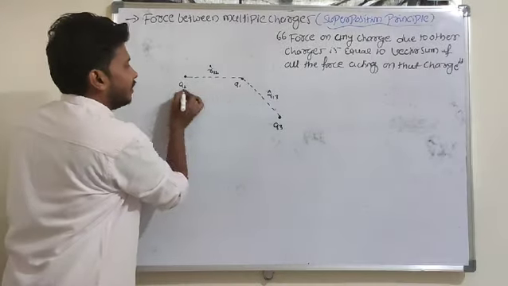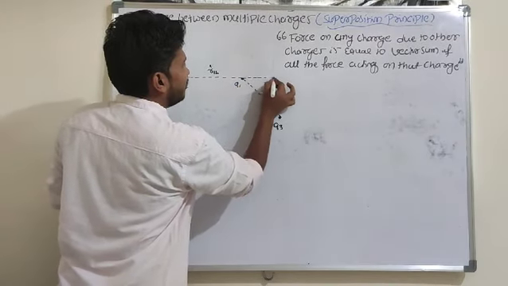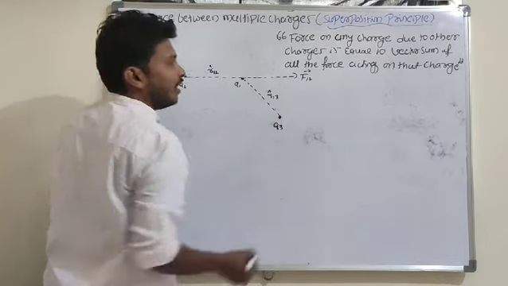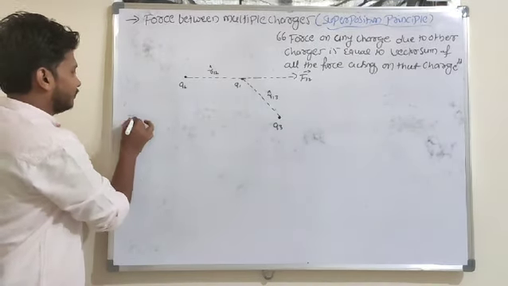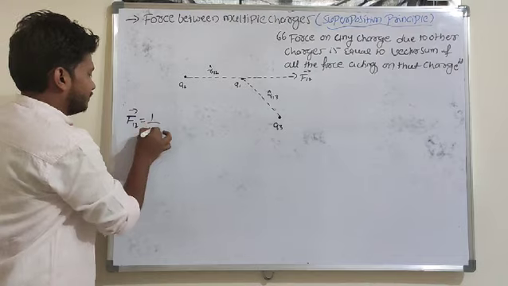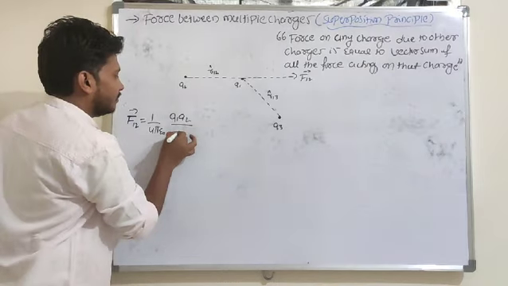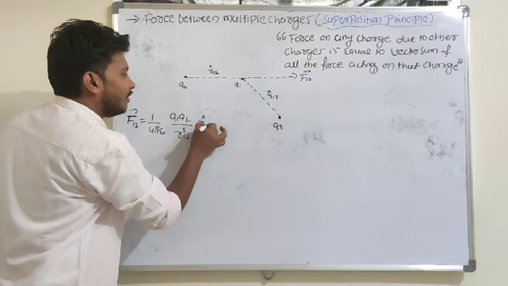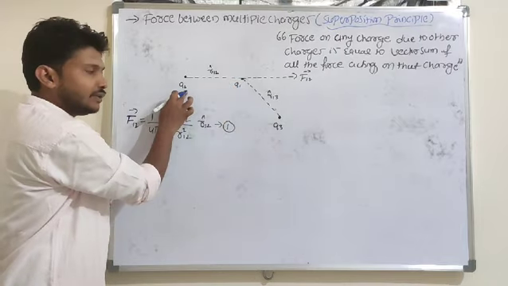What is the force acting on the charge q1 due to charge q2? So the force on charge q1 due to charge q2 is along one direction. That force I will name F of 1 to 2. F of 1 to 2 is equal to 1 by 4 pi epsilon naught, q1 into q2, divided by r square of 1 to 2, r cap of 1 to 2. The distance is r of 1 to 2, as I said. So that is the first equation, the force on charge q1 due to charge q2.